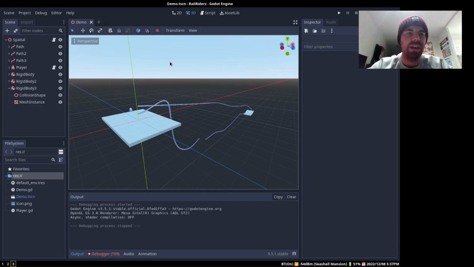So today I just wanted to show off a cool little prototype I made for a rail game. What I mean by rail game is kind of like, in Donkey Kong Country when you get in the mining cart and you go along a rail, or if you play Sonic Adventure Battle, they have a rail system that you can grind on with your shoes and go down things and stuff